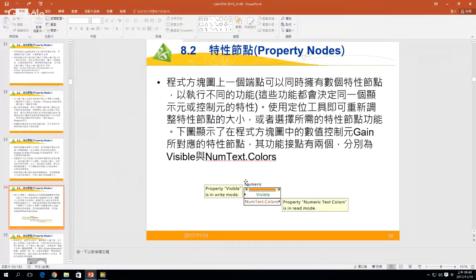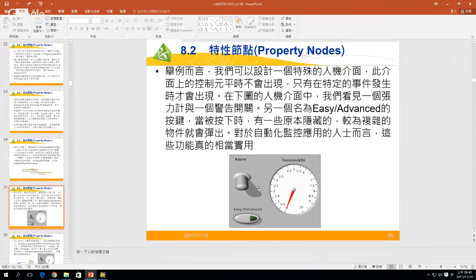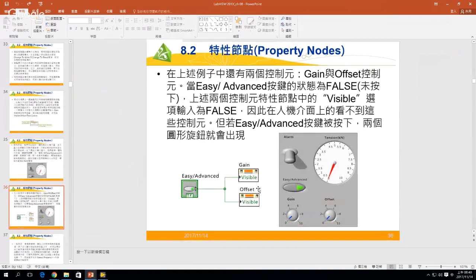I mean that you can change or read the property of the control or the indicator in LabVIEW just inside the program, just inside the block diagram. 你可以在这个程式码里面直接去改变哦。直接去改变。